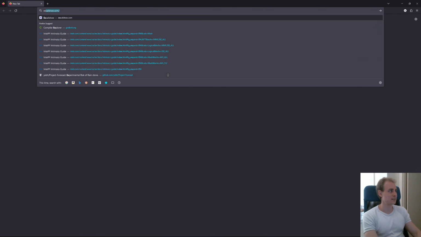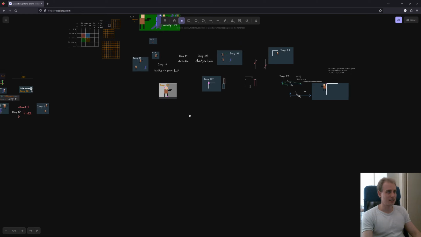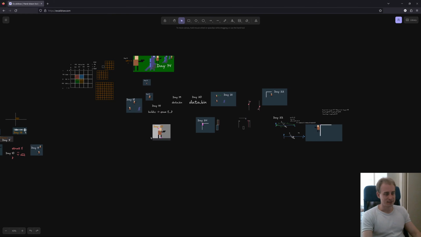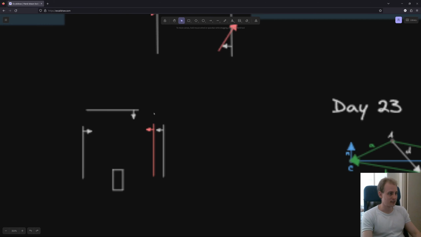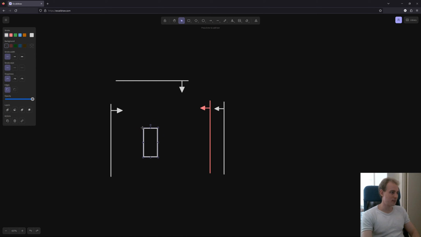Let's see. Where is my collision stuff? Here. Okay, so when we're colliding with a rectangle, so we have this point that's in the top left, and the wall shift,